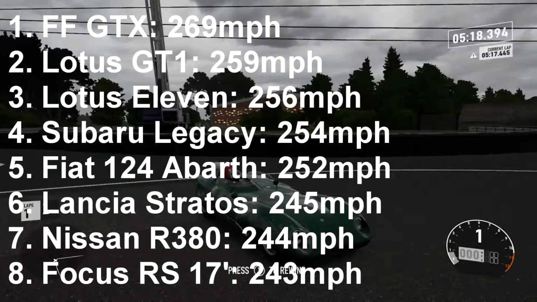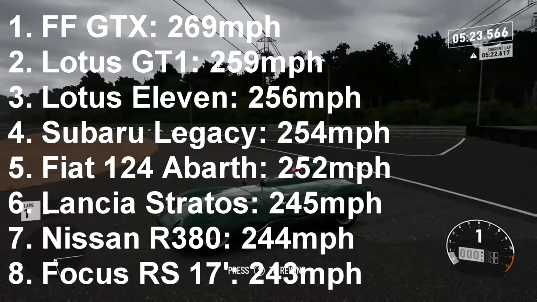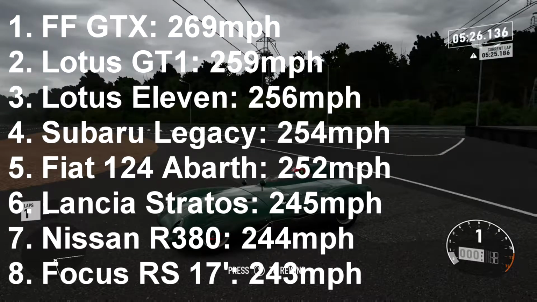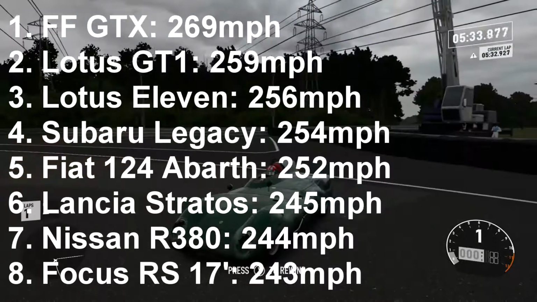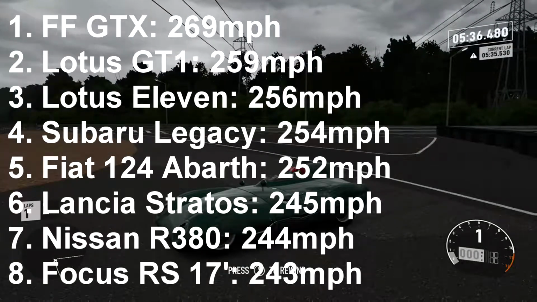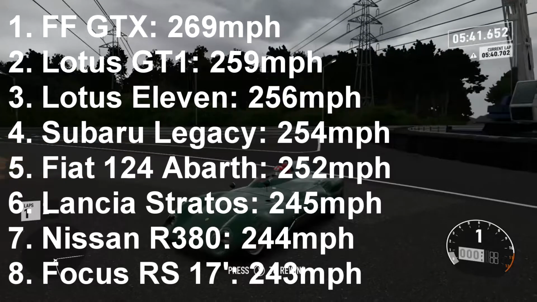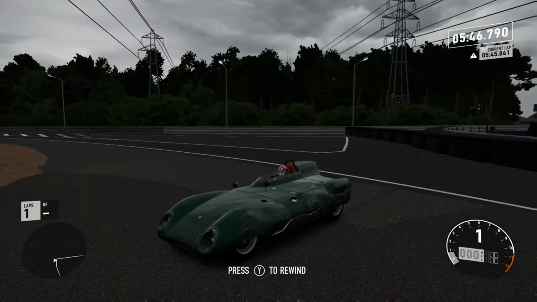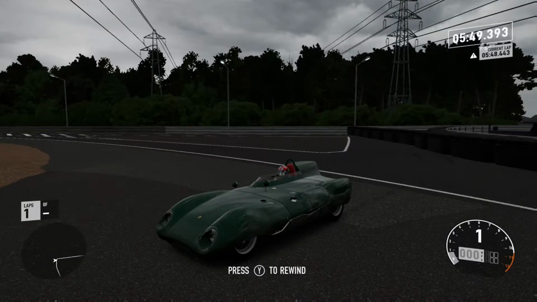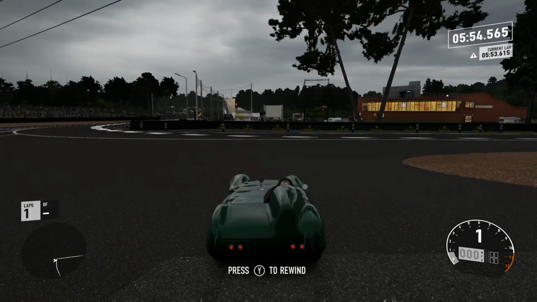But yeah, 256 miles an hour will put it faster than the Subaru Legacy, and it is still a couple miles an hour down on the Fast and Furious GTX with 2,000 horsepower, but that's pretty impressive. This has less than 800 horsepower, and it's punching with cars that have 1,200 horsepower more than it. That is pretty impressive considering the wheels are on the ground for only about 50% of the run. But that's going to be it for this episode of Forza Motorsport, so I'll be back with more